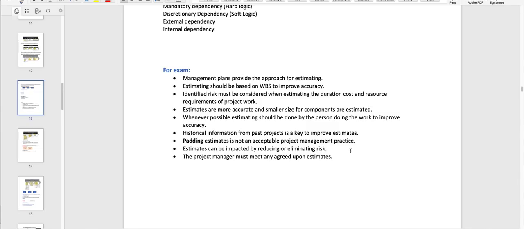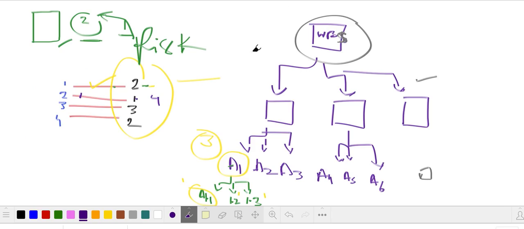Estimates can be impacted by reducing or eliminating risk. Yes, estimates do get impacted. Sometimes some activities have a huge risk, so we do have to take care of the estimation on top of that, and sometimes they don't have much risk, or the risk for a few activities has been dealt with. For example, if someone gave me activities A, B and C, and